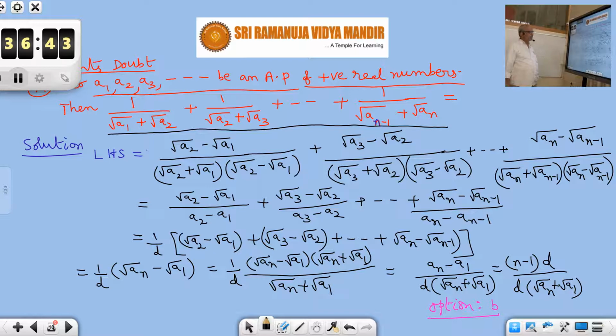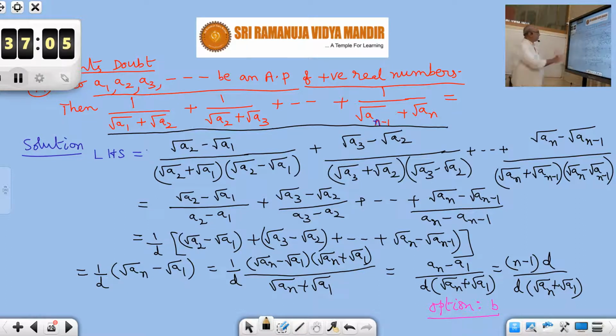So one student has asked, we are sending the solutions. You will get the solutions. I think yesterday they have sent the solutions. So you can see the solutions. We have given detailed solutions where all your doubts will be cleared. But anyhow, this being a typical problem, I want to explain in the class also.